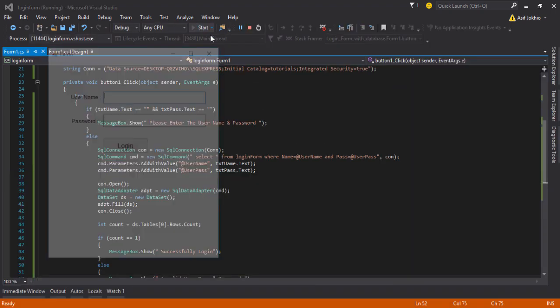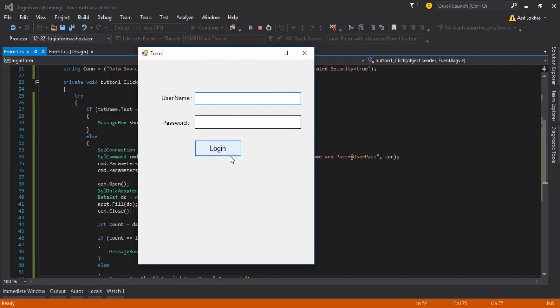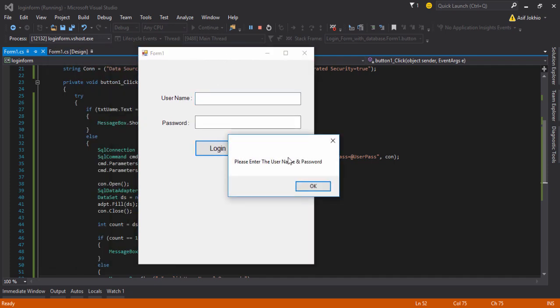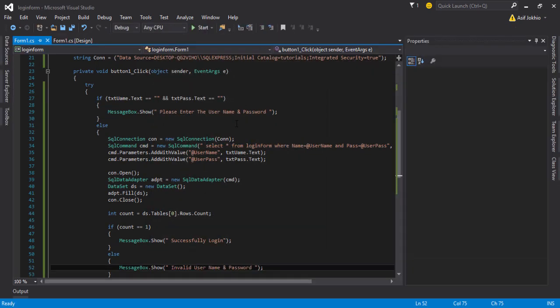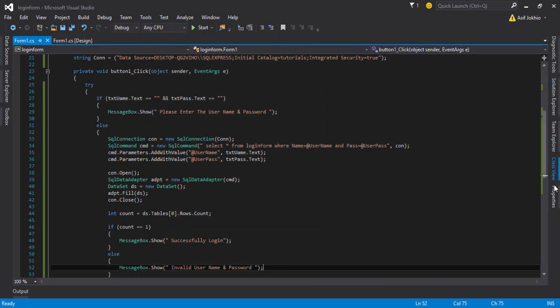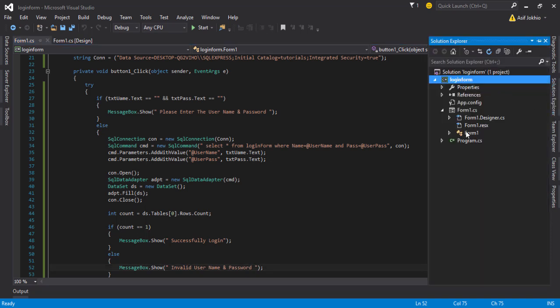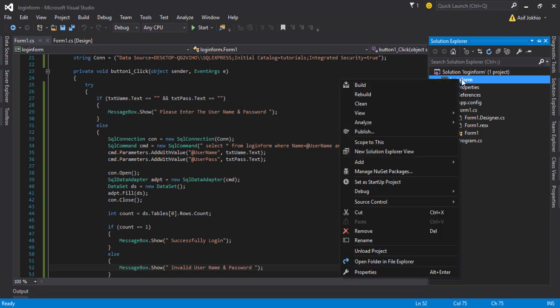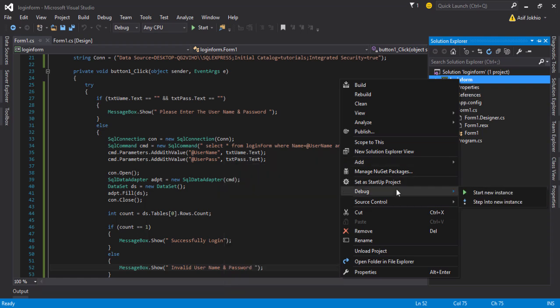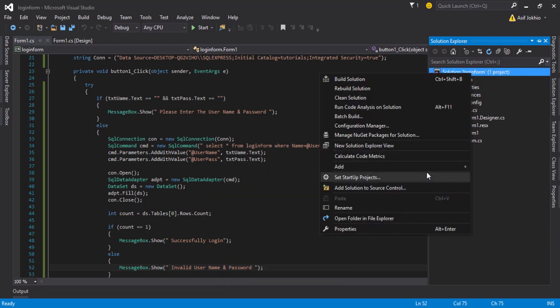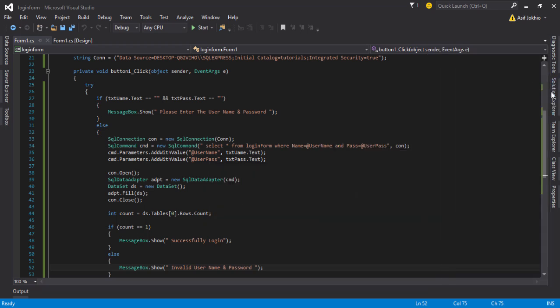feature is here. For example, I run the project and click the login button. You have seen the displayed message, please enter the username and password. If you want to redirect to another page, like I want to tell you something, I go to the solution and create a new form. Where is the form? Oh no,